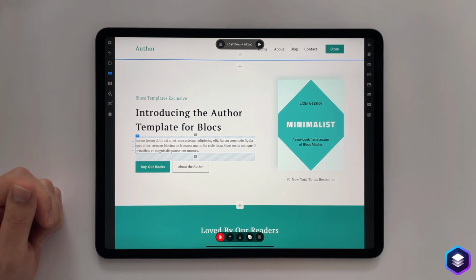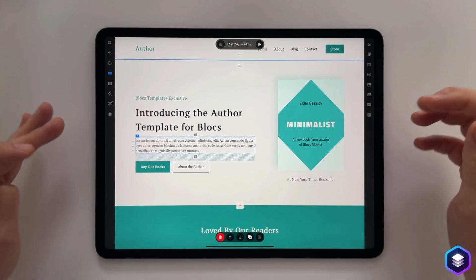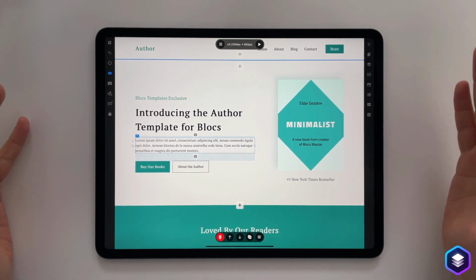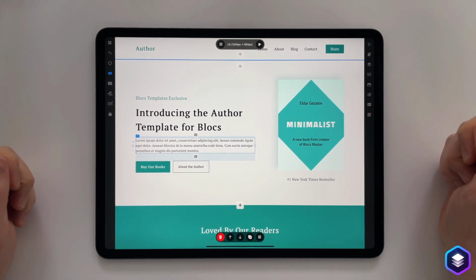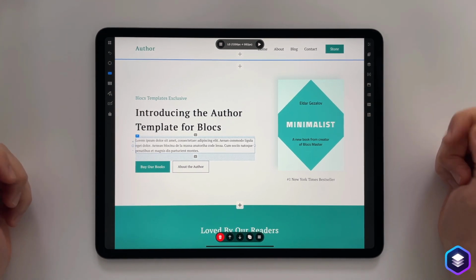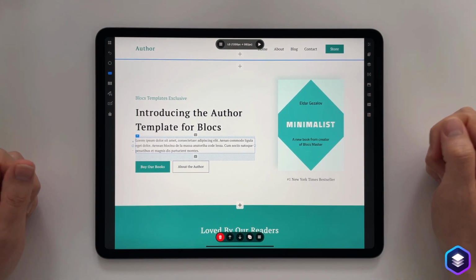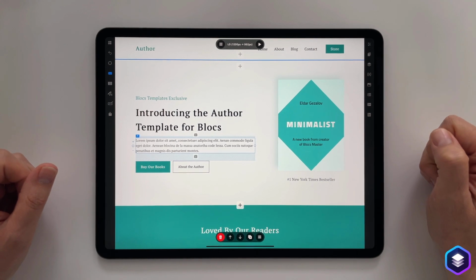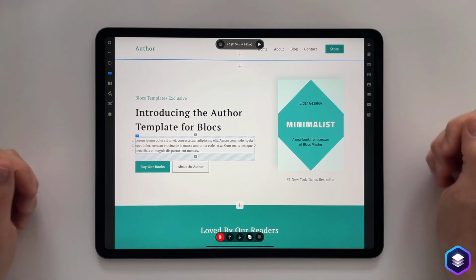Now let's get into some of the more detailed controls. Initially, when we had the idea to bring Blocks to the iPad, we were going to make a streamed down version of Blocks, but it became apparent really quickly that this just wasn't going to be a great user experience. So we've really tried to bring everything that you're used to working with on the Mac over to the iPad.